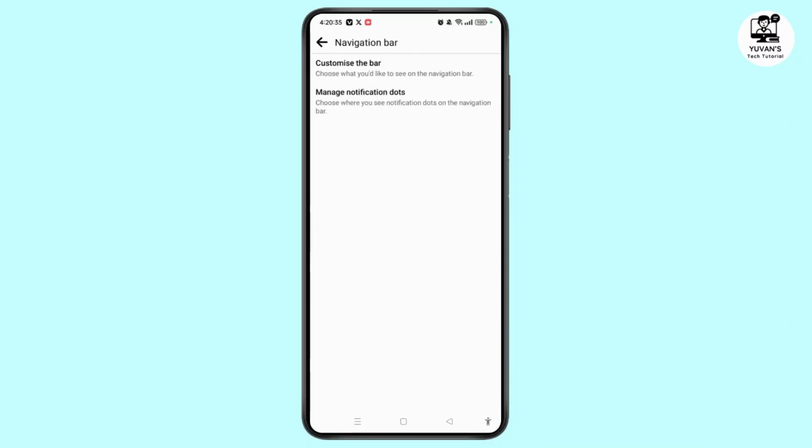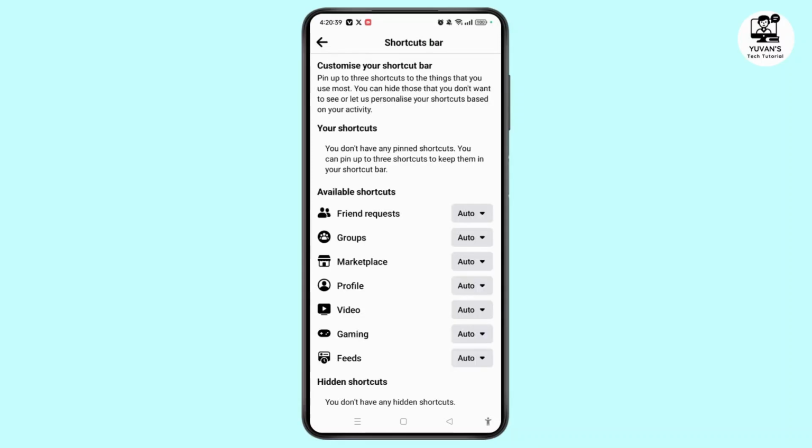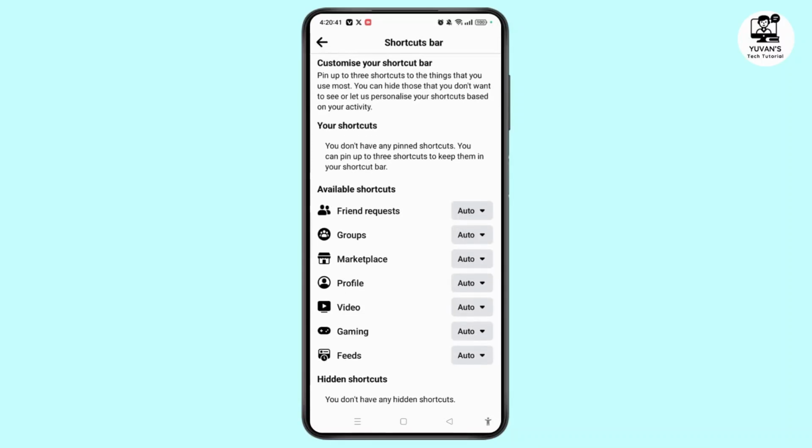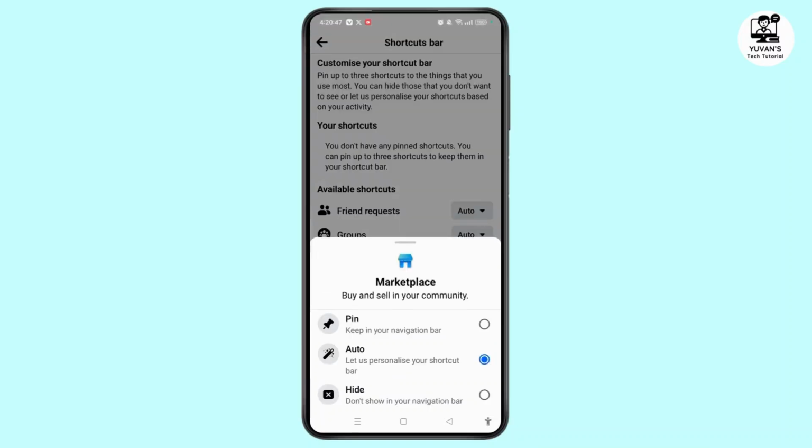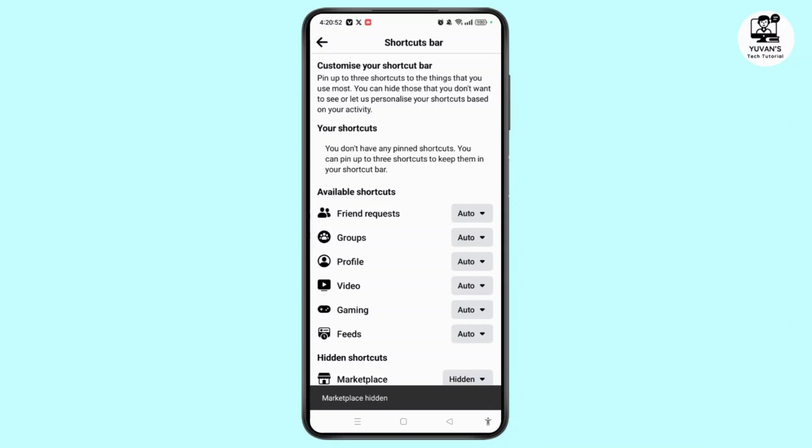Now select Customize the Bar at the top of the screen and here you need to locate Marketplace under Available Shortcuts and tap on Auto. Now you have to choose Hide, which is at the bottom of the screen, and under Hidden Shortcuts